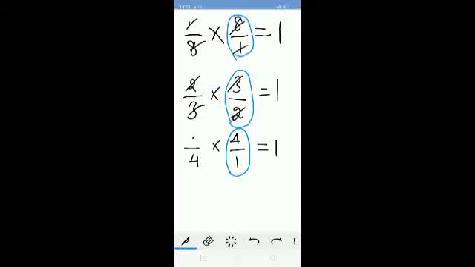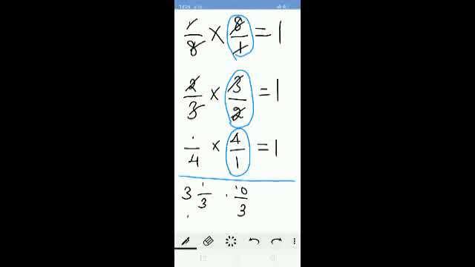Okay, let me show you some more examples here. If a number is given in the form of a mixed fraction, suppose I give you 3 1 by 3, you have to find the multiplicative inverse of this number. We already know that if a problem is given as a mixed fraction, we have to change it into an improper fraction. How to change it? Multiply the denominator with the whole number: 3 threes are 9. That 9 is added to the numerator, so it is 10. So 10 divided by 3, right?